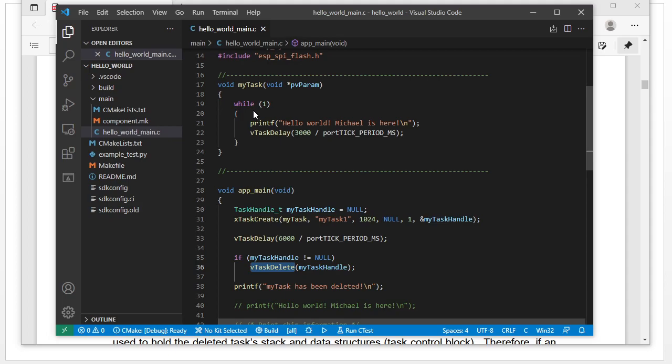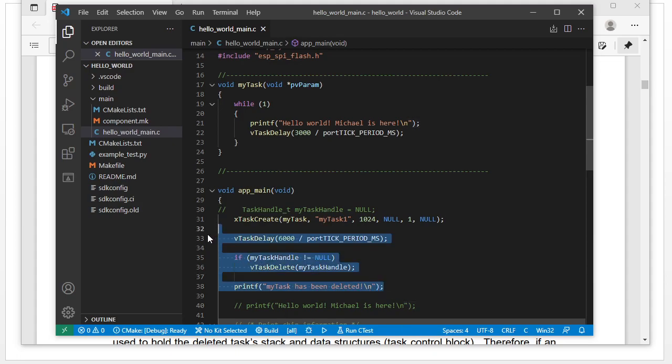Okay, let's take a look at how we do it. So we remove this one first. Okay, we remove this one and put this task handle like this,